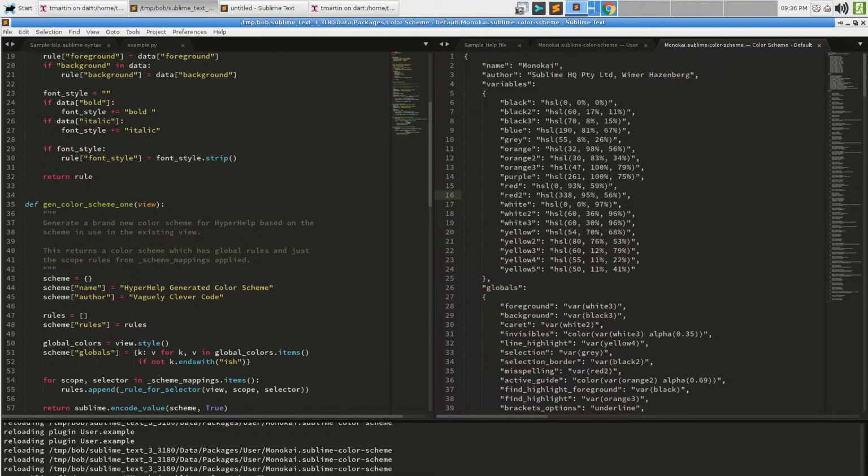I think for our purposes, because we are augmenting a color scheme, the only sane thing to do is to use the first one, which is, as far as we can ever tell, the default one, the base one, that actually has the information that we care about in it.